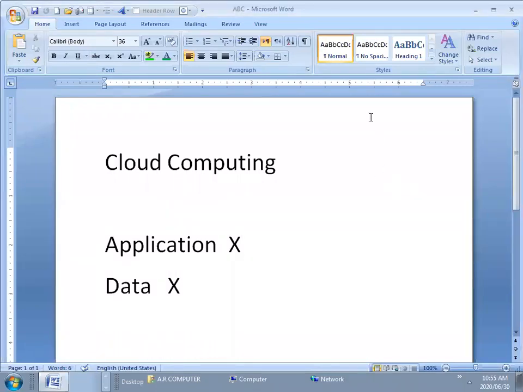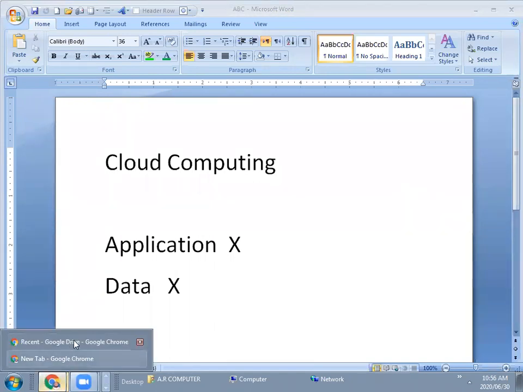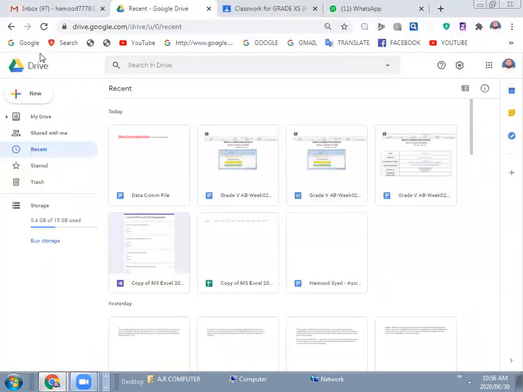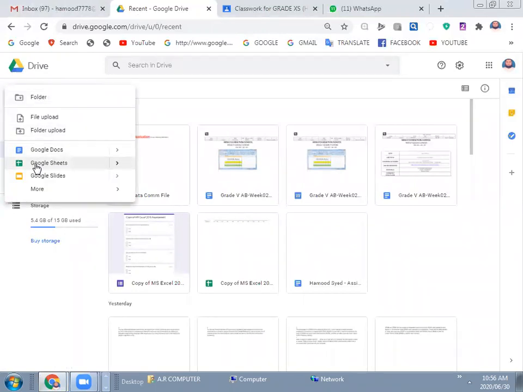So, one thing more, let me show you my browser window. In the same way, as I open a word processing application, I could open another application like Google Sheet.